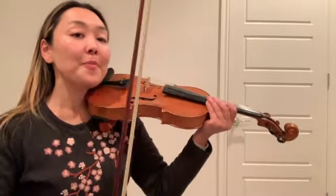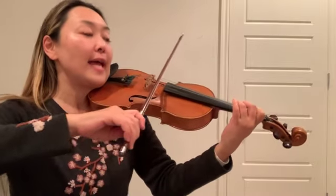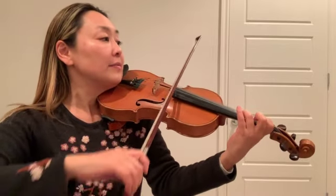Here we go. I'm going to place the middle part of my bow on the D string since we have 8 notes at the first bar. Here we go. Let's count together. 1 and 2 and